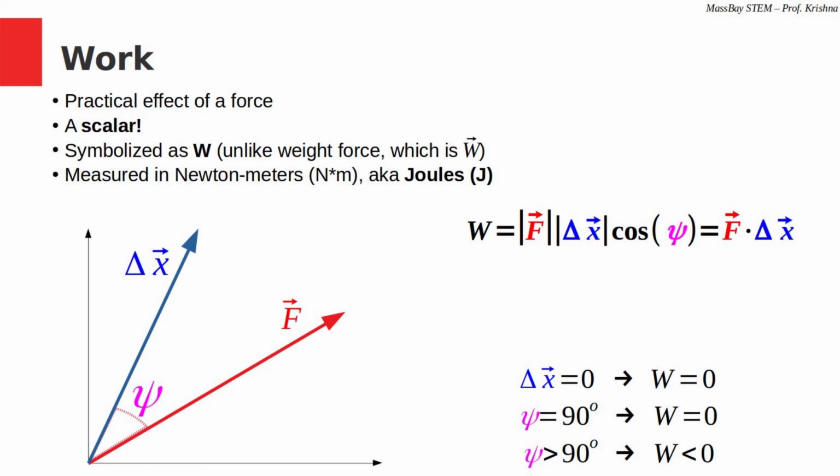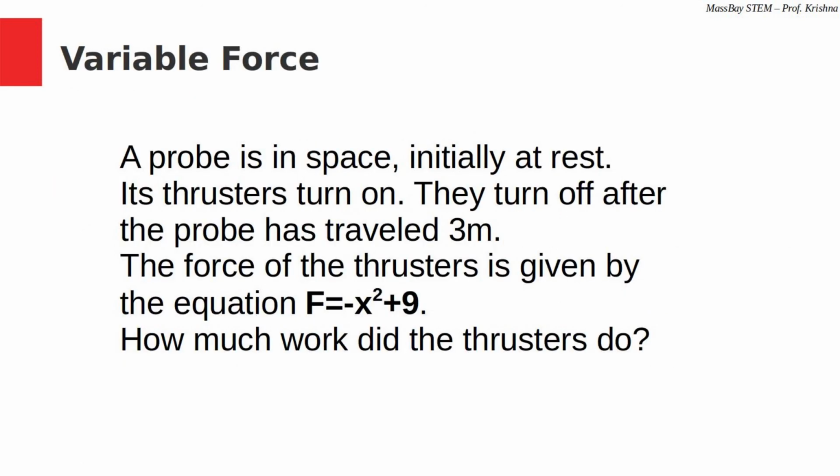So far, we've assumed that the force acting on the object is constant. But what happens if the force is variable? In that case, the dot product turns into an integral. We integrate the force between the endpoints of motion. Here's an example. A probe is in space, initially at rest. Its thrusters turn on. They turn off after the probe has traveled 3 meters. The force of the thrusters is given by the equation F equals negative x squared plus 9. How much work did the